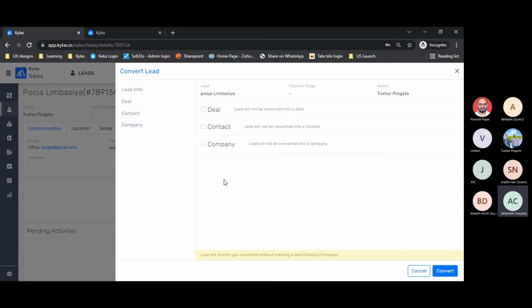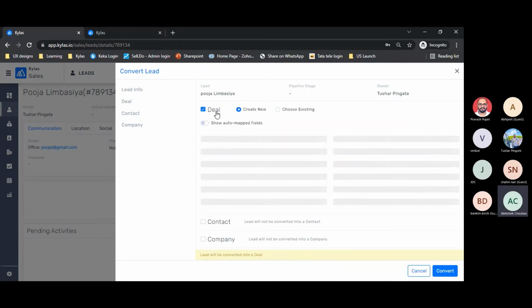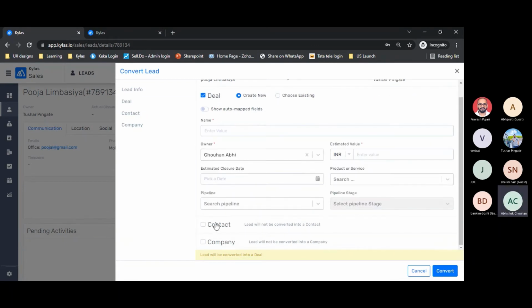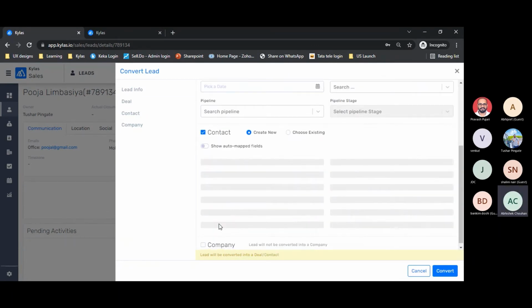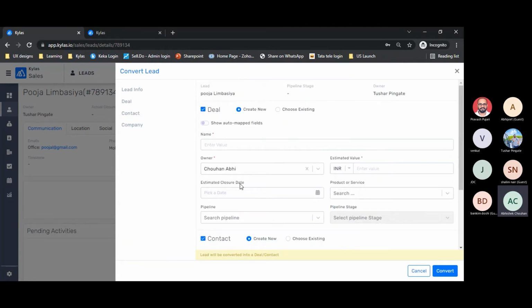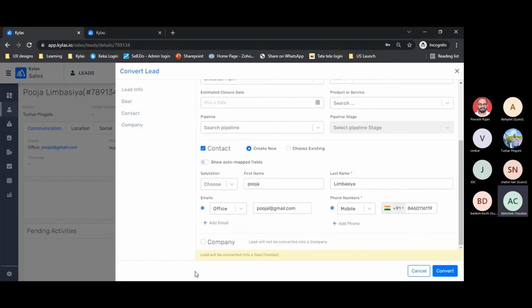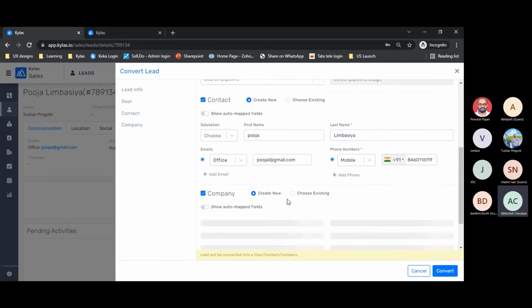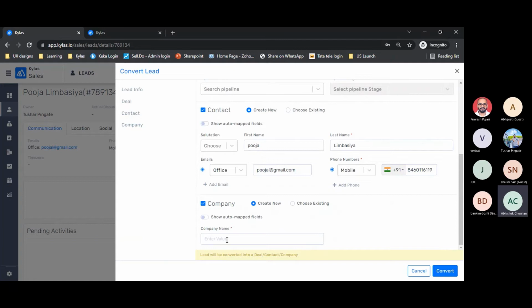So based on my own scenario, I can convert a lead into a deal. I can convert a lead into a contact. What this conversion essentially does is, at the end of conversion, it creates a deal, it creates a contact, or in case it's a B2B sale, then it creates a company as well.